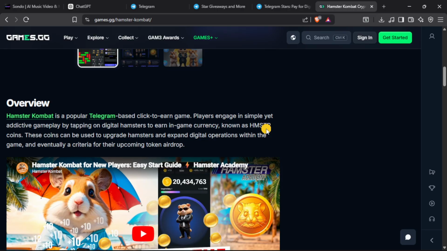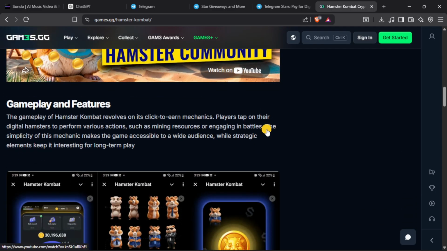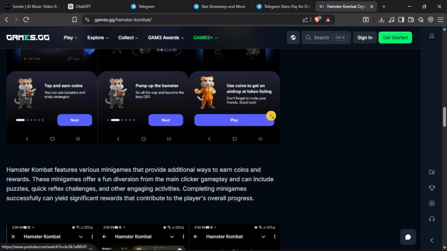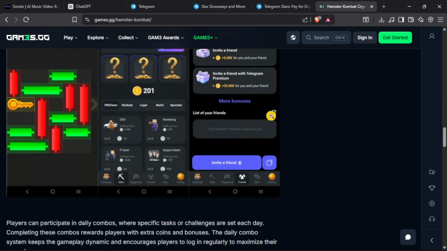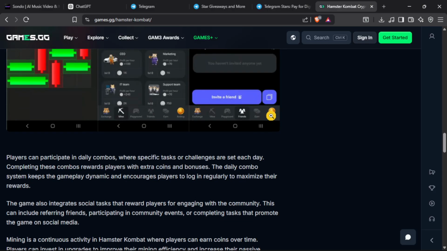Also, look for Telegram bot referral programs because some bots offer stars or star equivalent rewards when you invite friends to use them. You can share your referral link and earn rewards when your friends sign up. Another thing that you can do is content creation. If you run a Telegram channel or bot, your followers can send you stars as a form of tip or